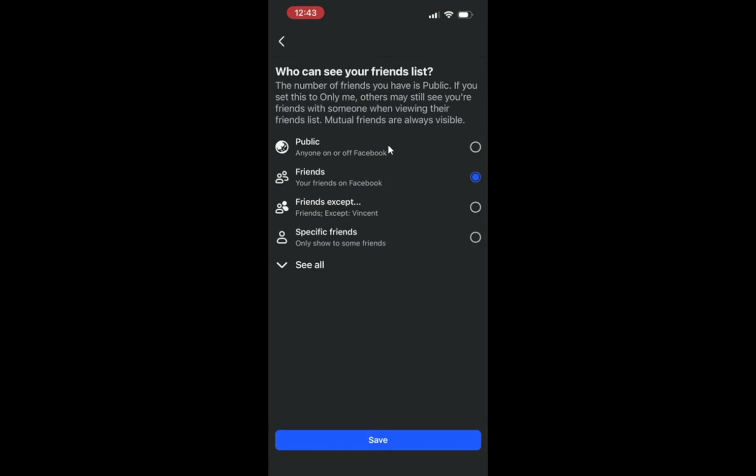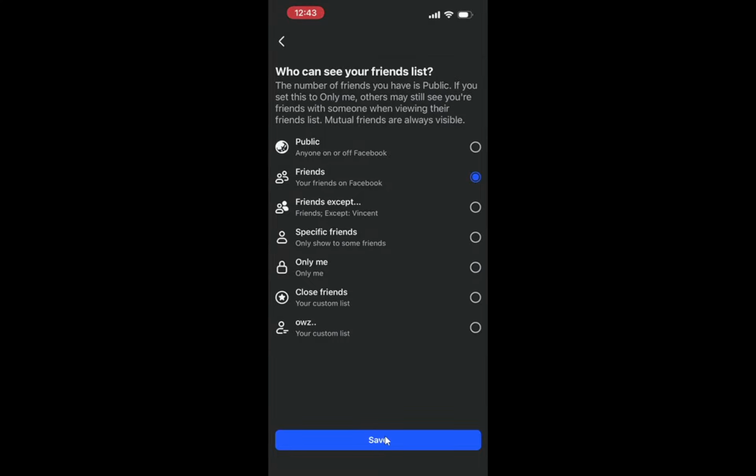You may also see a short line of text explaining that your friends section is public by default. This is Facebook reminding you that unless you change it, anyone can normally see who you are connected with. Choose your preferred audience. If you pick public, anyone on or off Facebook can view your full friends list from your profile. If you pick friends, only people you have accepted as friends can open your friends list. Only Me hides your full list from everyone else. Custom lets you include or exclude specific people where that option is available.